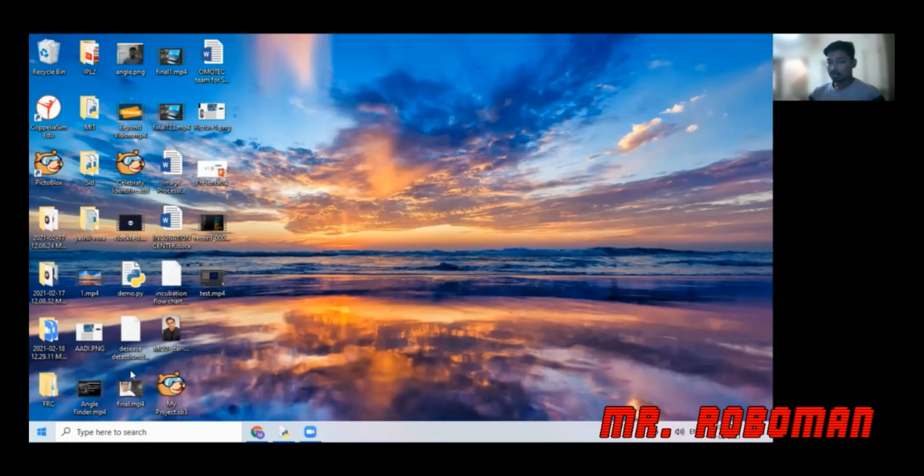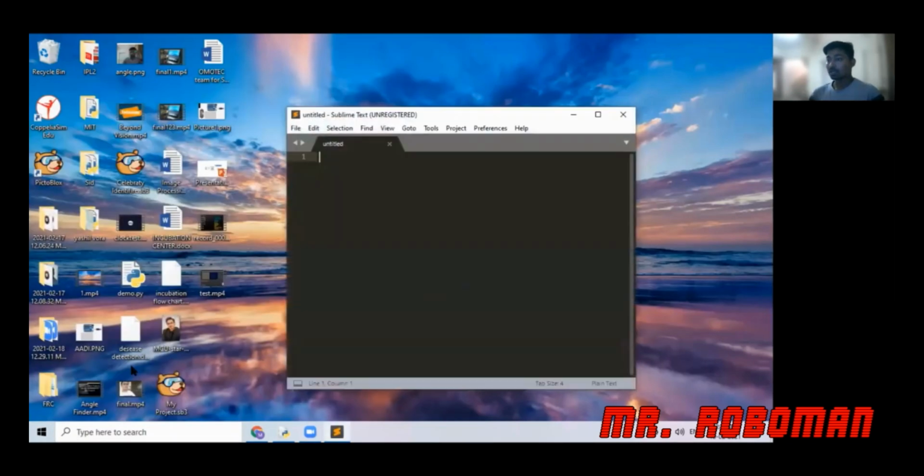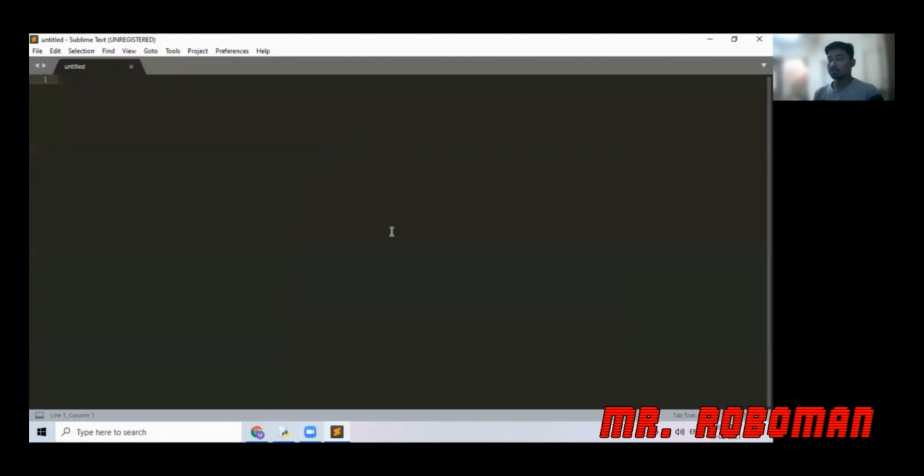So first, I'll choose Sublime Text as my code editor, and over here we are using completely Python programming. Okay, so let's start. For any kind of image processing project, first you need to take an input from your video source. Video source in the sense, let's say I'm using a camera for taking a video into my program code. So let's first build a simple code that can take continuous video, or continuous frames, from your camera and show it to you. So for that purpose, I need an import.